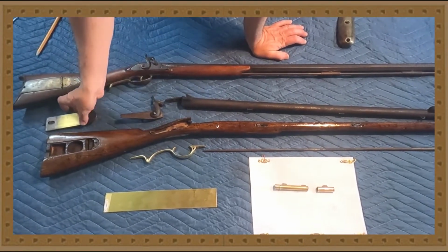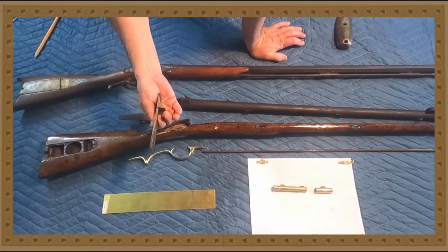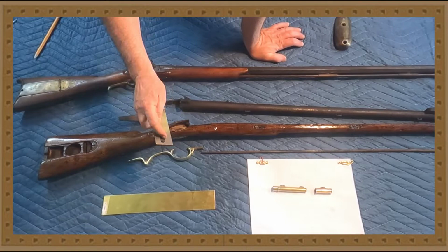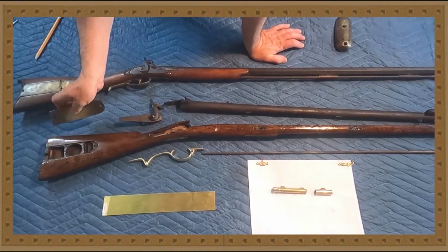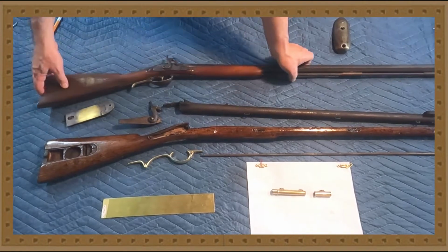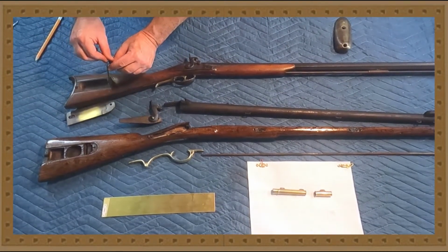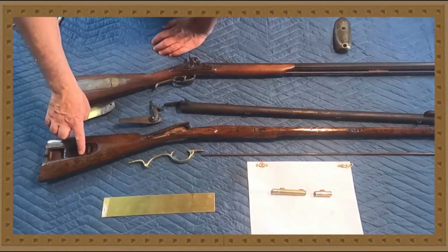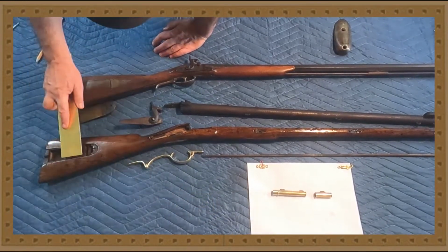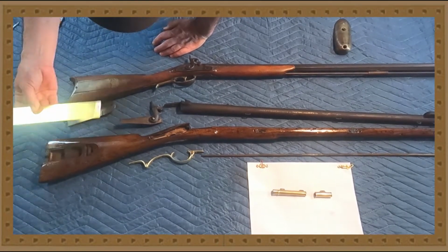The other thing is the patch box they gave, it's just very thick and clunky, and I really don't know how you're going to make this work with what they gave you. If you look at an original gun from that era, you see that these patch boxes were made with fairly thin metal, not with real thick metal. And you can see it on the original gun here that it's thin metal. It's not real thick. So I'm going to